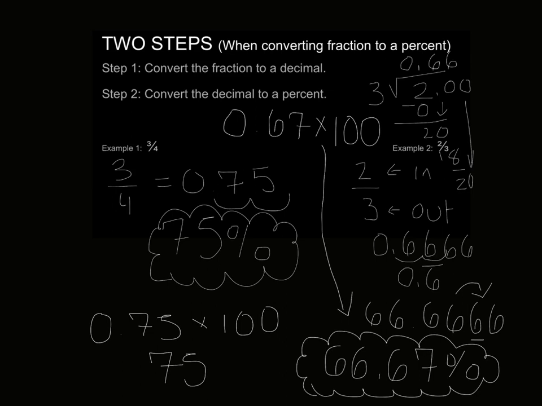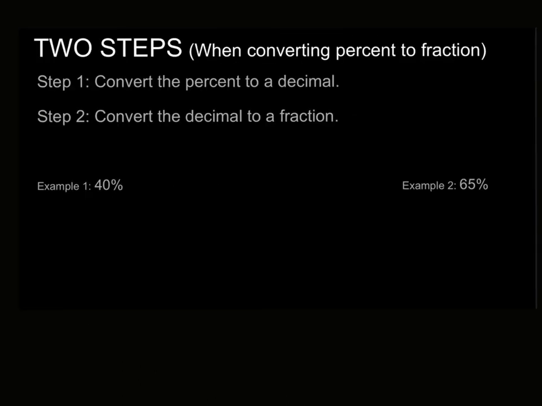So remember, when you're explaining how you convert these, remember what moving that decimal really means. What we're really doing is when we're moving it to the right, we're multiplying by 100. So now we're going to talk a little bit about doing it the other way. When we're converting the percent to a fraction, we have to convert that percent to a decimal. So we're always going to involve that decimal in the middle. That's our middle step. So for example, 40% we know is going to be